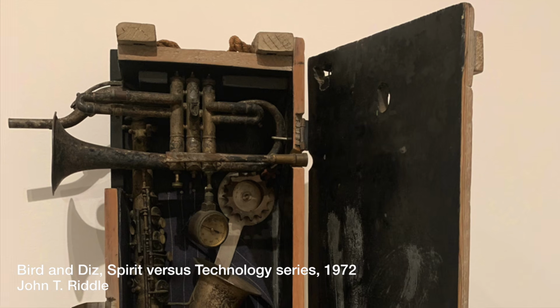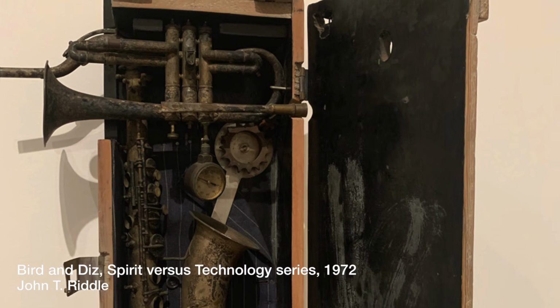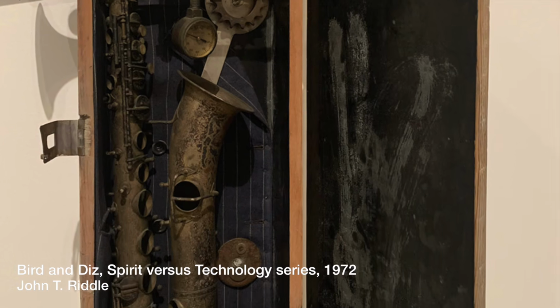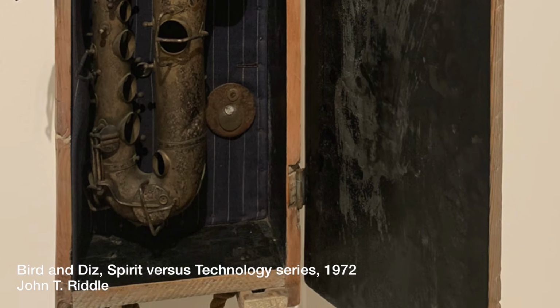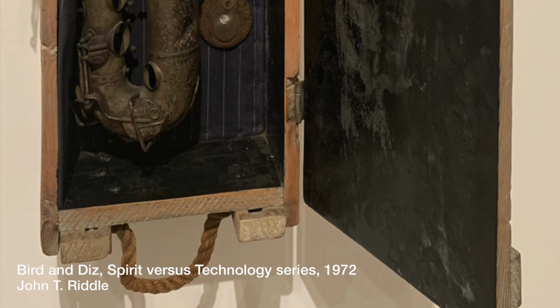John T. Riddle's Bird and Diz Spirit vs. Technology series, 1972, resembles Outerbridge's work as collected materials are housed together to form a larger message. In homage to Charlie Bird Parker and Dizzy Gillespie, the work contains a saxophone and trumpet which protrude beyond its casing in what Riddle calls a breaking out of the boxes, referring to the musicians' ability to transcend with their